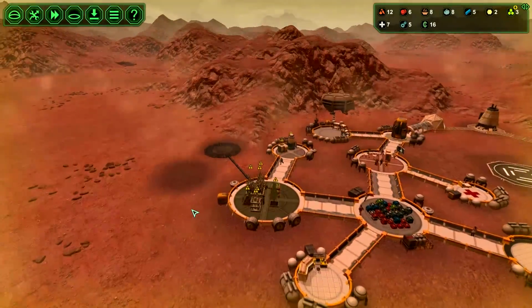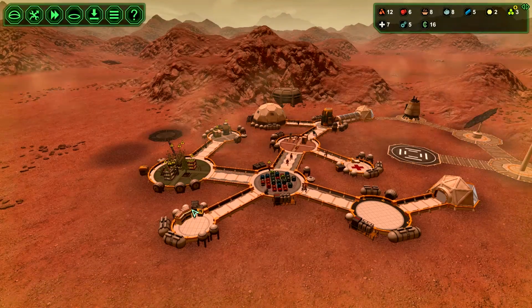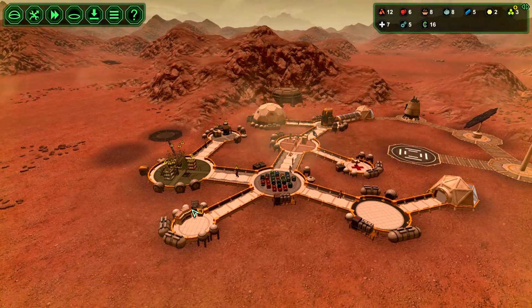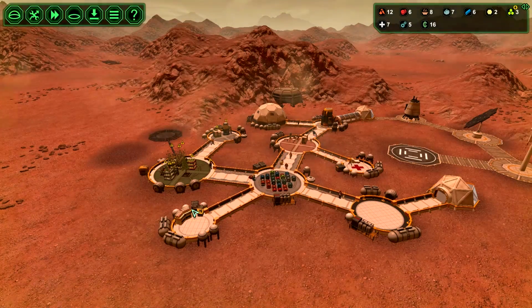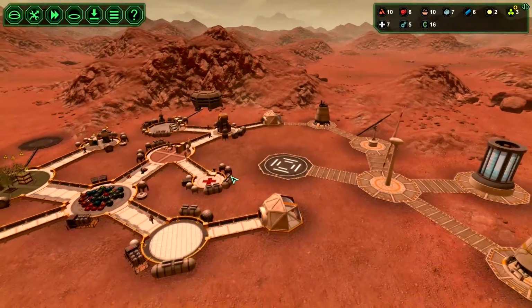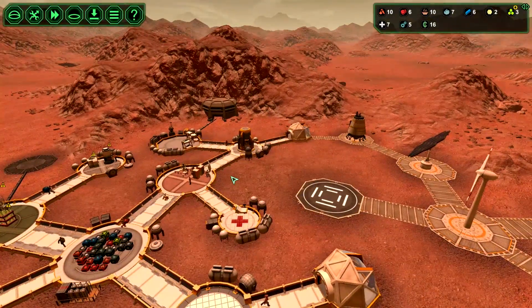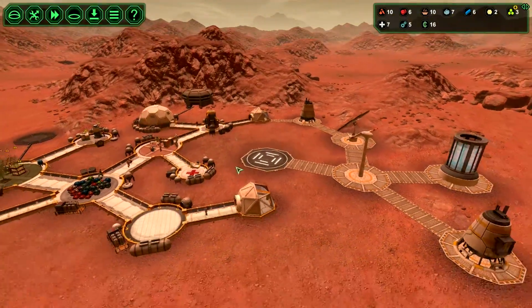And the reason why I did that is because it feeds into a building, and once that building is satisfied, it will then overflow into the next building, and the next building, and the next building. Which is why a good strategy to start off with that I found out recently after watching a few other YouTubers play this game is that you put your solar panel or wind turbine...